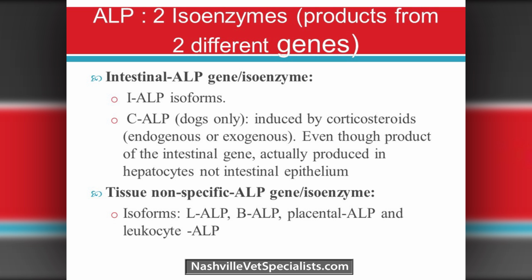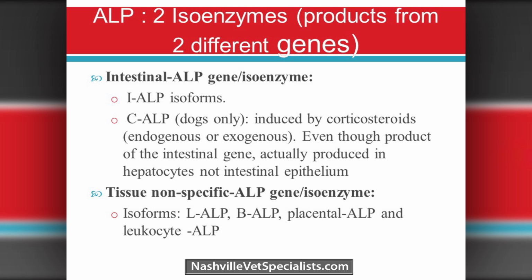That's a steroid-induced ALP. Remember, it's only in dogs, not in cats. So whenever we see a high ALP, it must be that the animal's on steroids. But that's a dog thing, and it shouldn't be happening in a cat, so you have to start looking further. It's a cat. And then it's interesting because ALP is induced by corticosteroids, endogenous or exogenous, but the product is